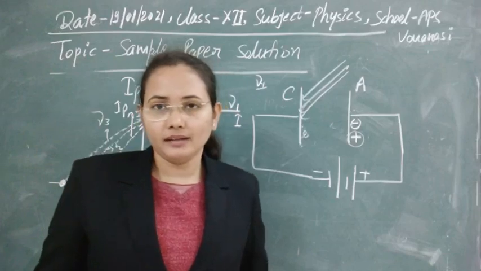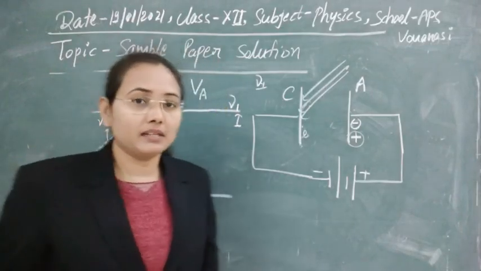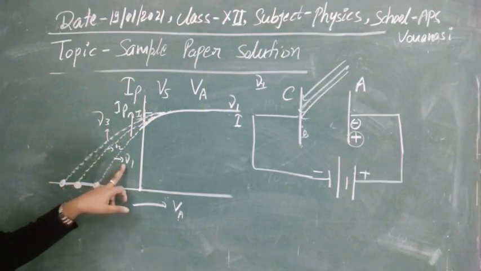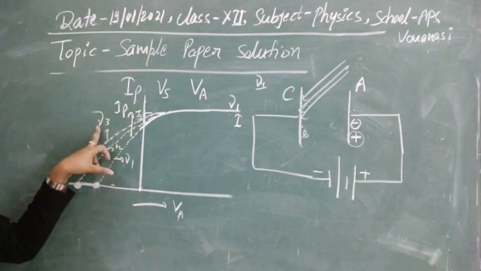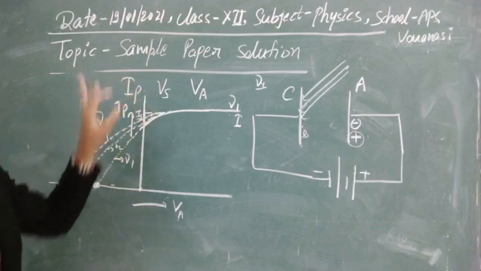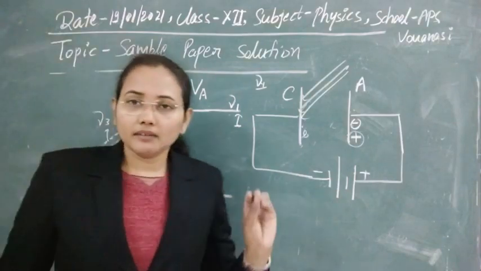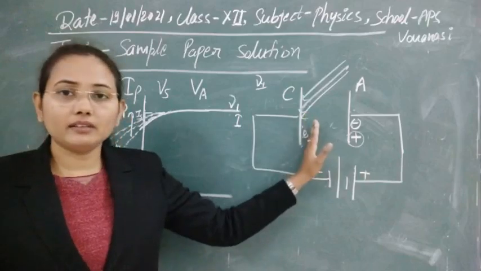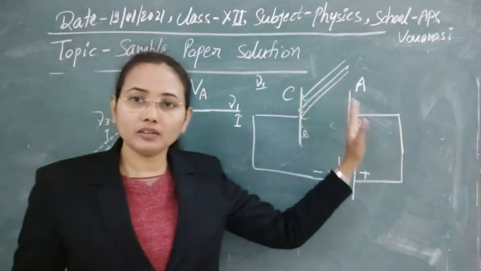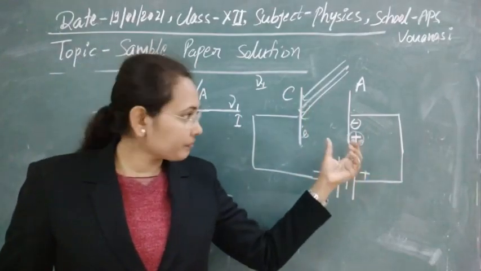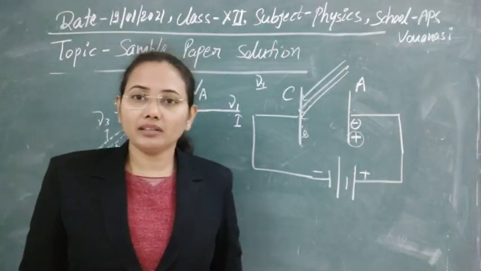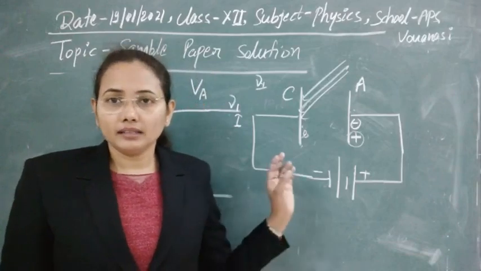And the second question was that the stopping potential varies for incident radiation of different intensities but same frequency. So this is also the wrong statement. As we are seeing, this is the stopping potential and it changes with different frequencies, not with different intensities. Different intensity will provide only a different number of electrons, but whether they are collected here, or whether they have enough energy or not, depends on the frequency.